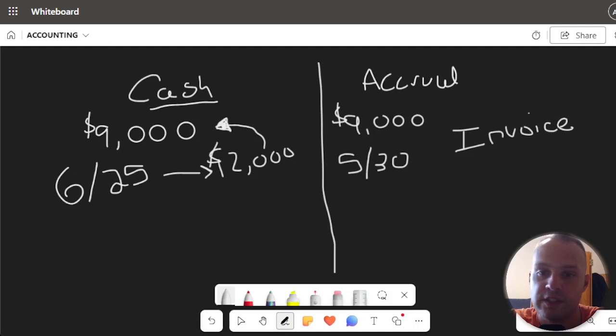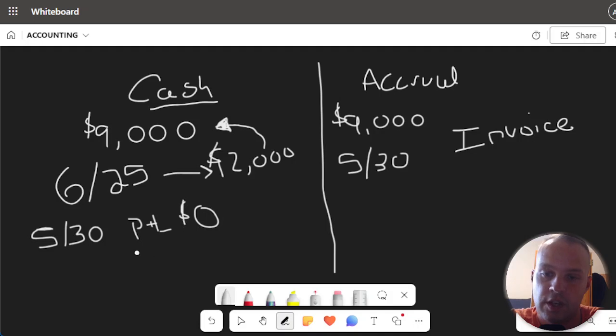The major difference is that during the time between the 30th and the 25th, your reports, like your profit and loss statement and your balance sheet, would show something different depending on which method you were using. If you pulled a profit and loss statement on 5/30 using the cash method, accounting just for revenue, it would be $0. Your balance sheet would also be $0.